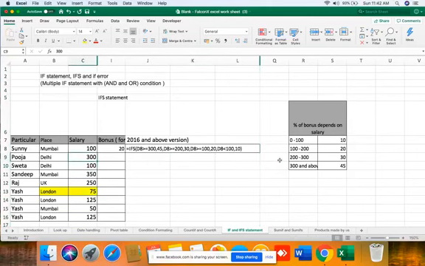Now the condition is, with IF statements, bonus will only be given. This is the range of bonus based on the salary we have to give. If it's above 300, 45 rupees. If it's between 200 to 300, 30 rupees. If it's between 100 to 200, 20. And if it's between 0 to 100, it's 10. For 2016, there is a formula we are using. For 2013 and below versions, I will show you how to do it. There is one more method of doing it in VLOOKUP by using an approximate match, but that can be a little tough, so let's do it with IF statements.